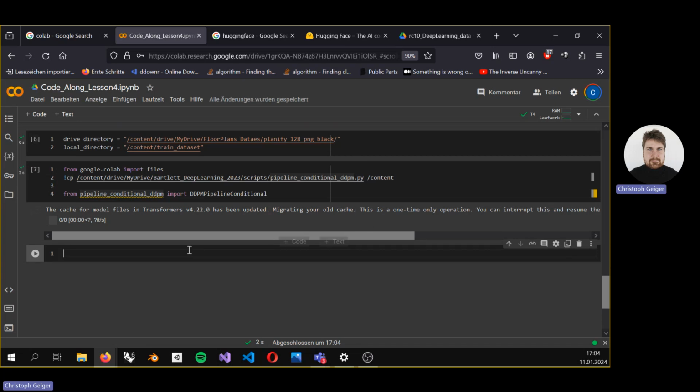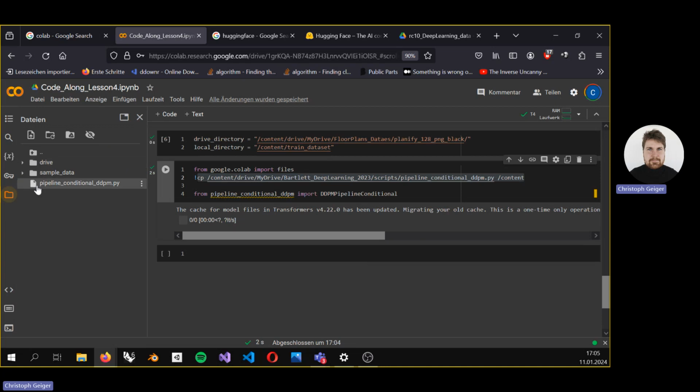Then I need to mark the name of the script. Yes, so it's a Python script, right? So we reference it like any other library. We can do import or from import. So first here we use it, we upload it to our own folder actually. Look, this file at this line, we have it. If you open the folder here, you uploaded it. So now we have it here. Here's our Python script in my